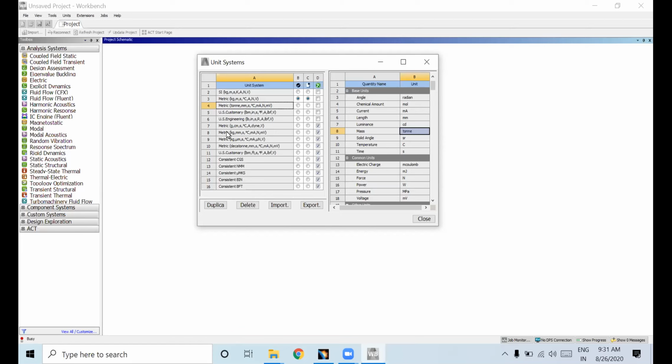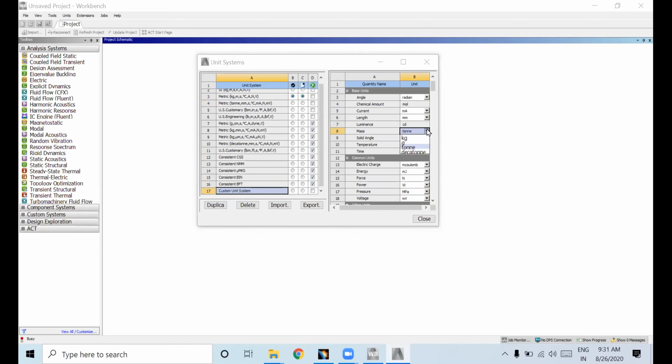It has to change. This is the default one, that's why it is not changing. If you just duplicate it, you'll get a duplicate unit system. You can change it here, in terms of kgs. Length is in millimeter.